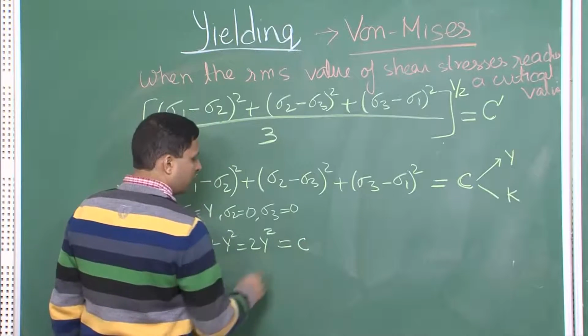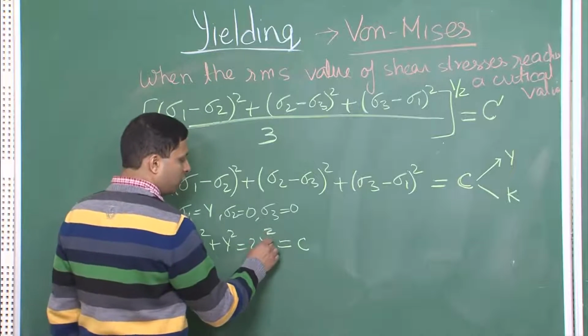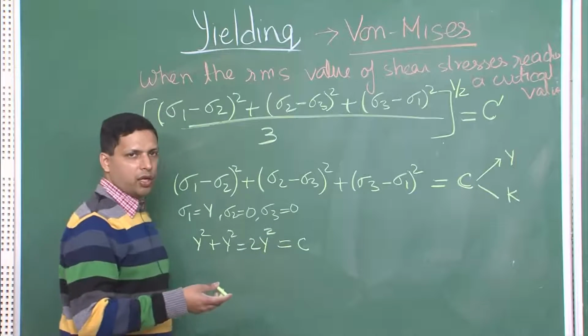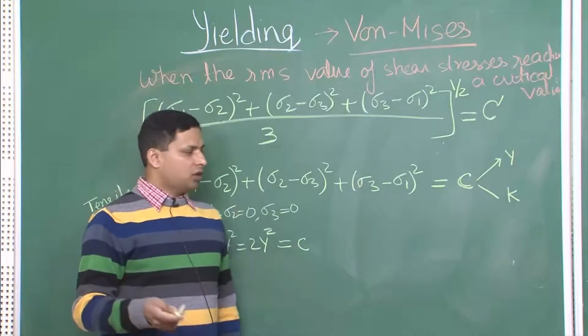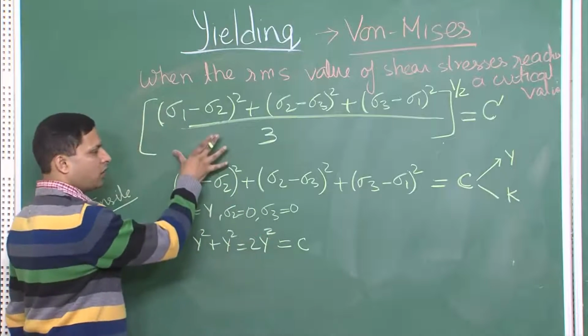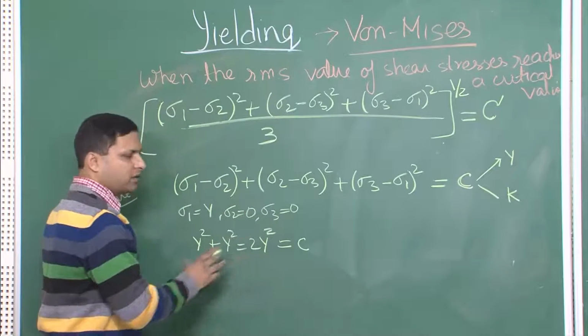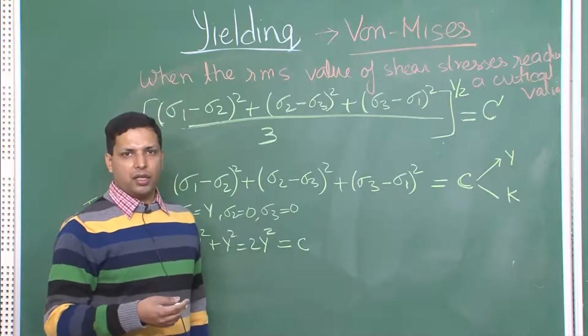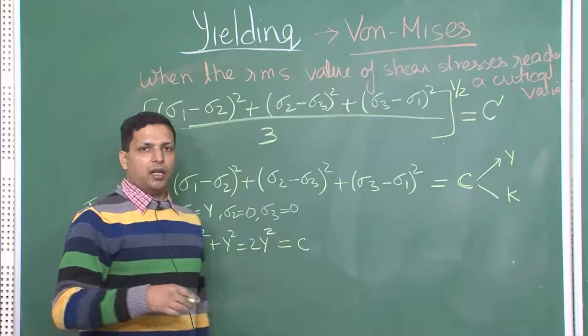So, we have found the value of C in terms of the yield strength of the material. The yield strength you can find out by a very simple test. Now see the significance of this equation. Yield strength is a value which can be very easily obtained by a simple tensile test, but in a real